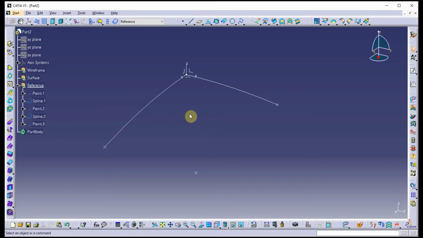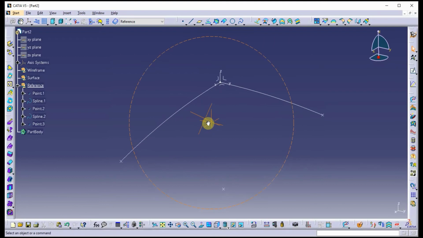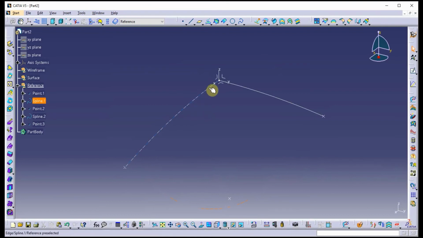Yeah, great. So greetings. Today I want to talk about continuity over a seam. Assume in this example that this spline defines the midplane of a surface that's going to be mirrored over. And so it's a symmetrical part. Instead of doing the entire part, you want to do one half in this scenario and then mirror the